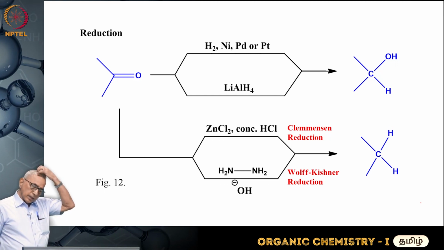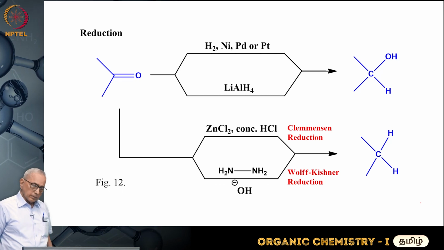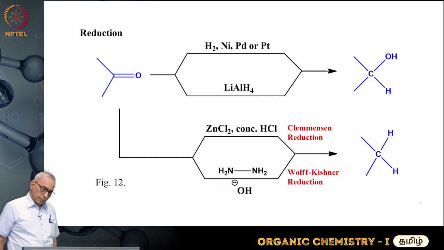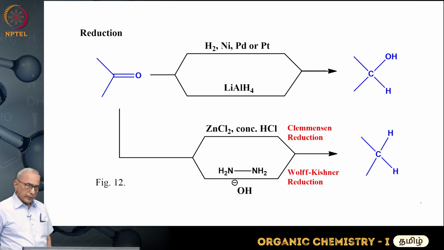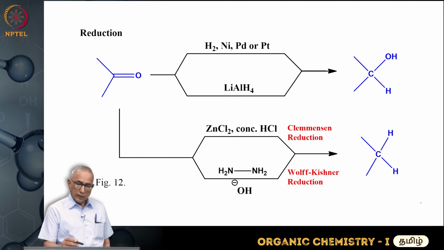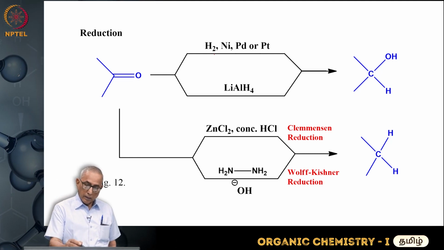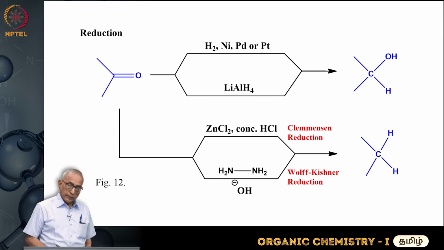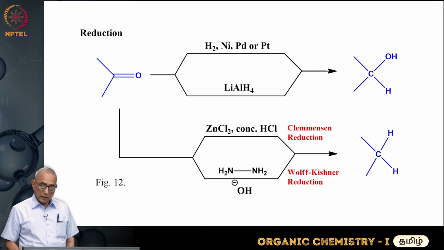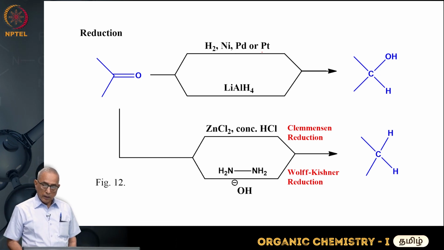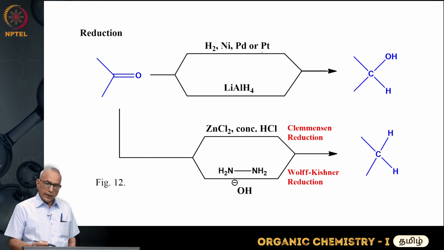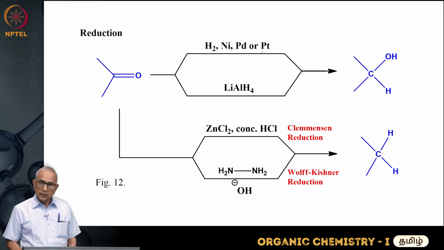Next we have seen the oxidation. Now next is reduction. Reduction takes place in 2 different pathways. One is using hydrogen and nickel. Hydrogen is the reagent. Nickel, palladium or platinum are the catalysts, usually supported on some inert things like silicon dioxide or some other inert polymer. So hydrogen in the presence of these, if you add hydrogen, the nickel, palladium or platinum absorbs a lot of hydrogen,